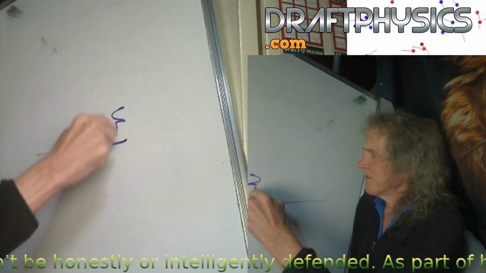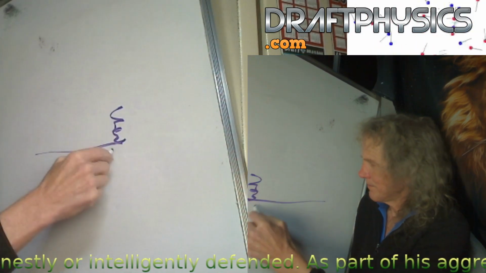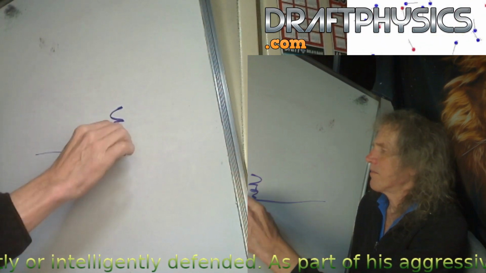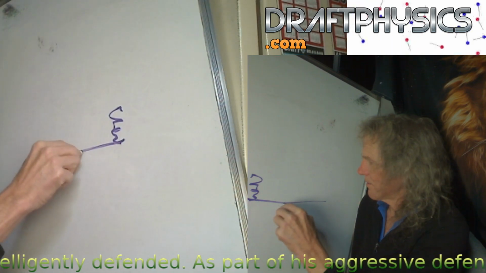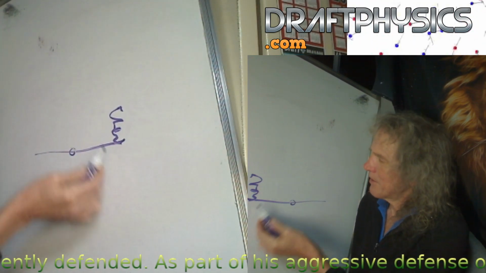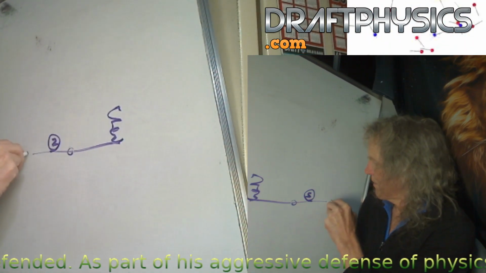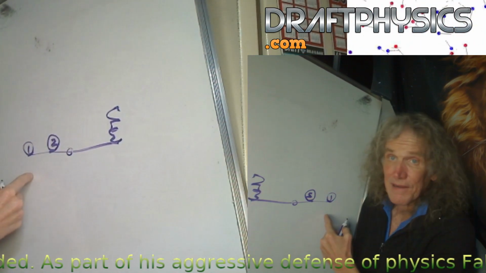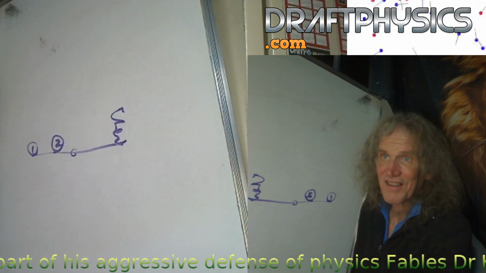All right, so here's the spring. I'm going to compress the spring exactly the same amount. Okay, I'm going to push on it. Okay, compress it. All right, now here's my lever. I'm going to compress the spring, and then I'm going to put a 2 mass here, and I'm going to put a 1 mass here. All right, you can see that, right? Yeah, just make sure. Yeah, you can see that.